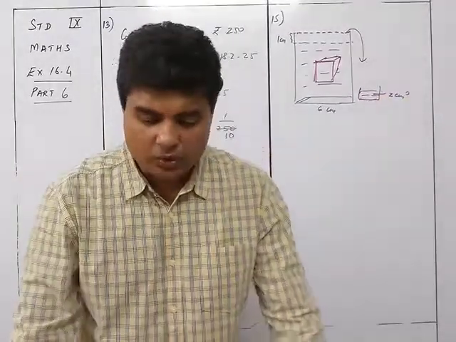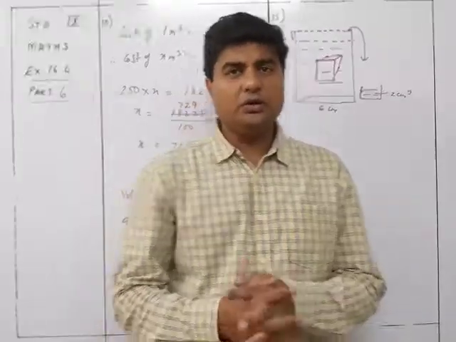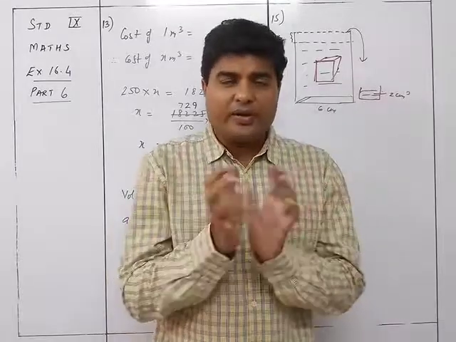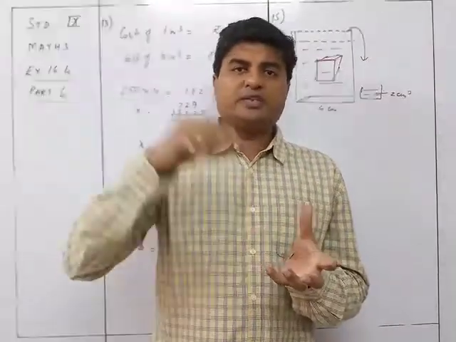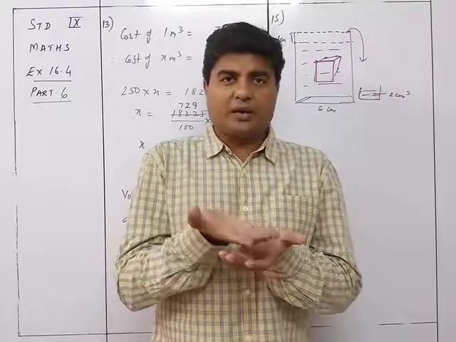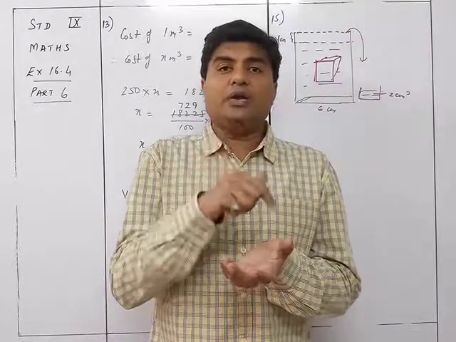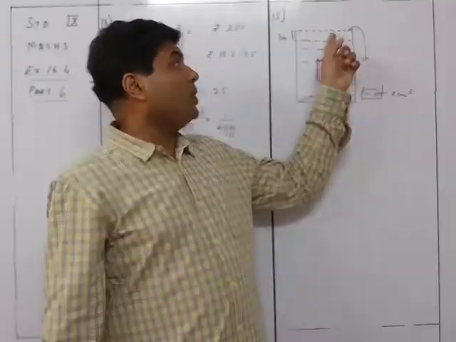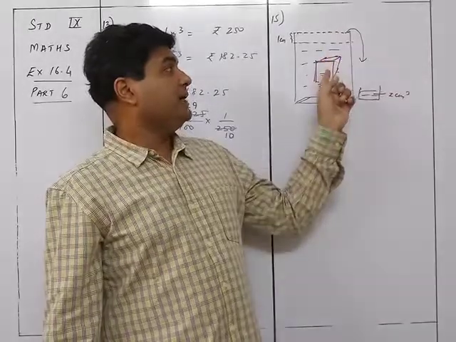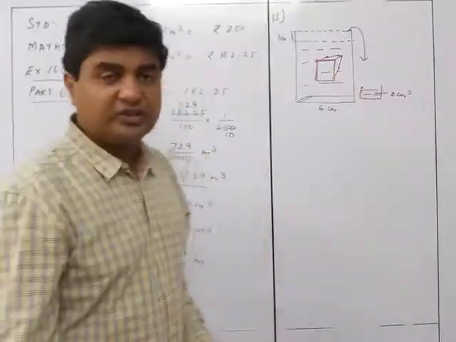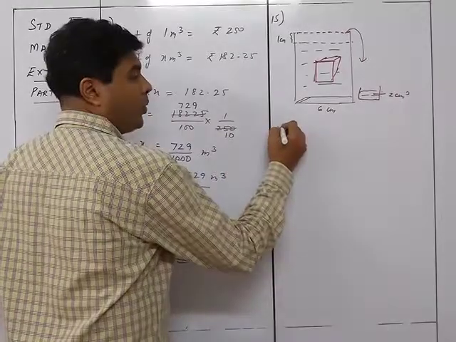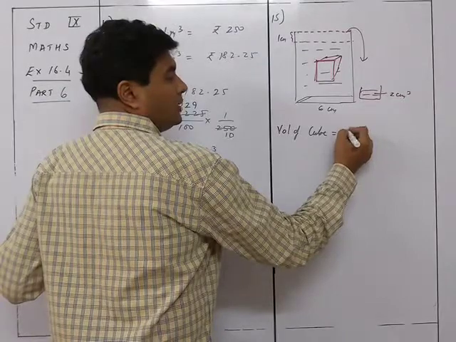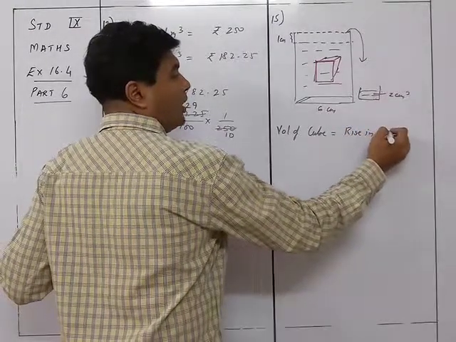See, this is something similar to Thirsty Crow. You know the story of Thirsty Crow? What happened in Thirsty Crow? The crow was thirsty and he wanted to drink water from a pot which had very little water. So what did he do? He put some stones inside. When he put the stones inside, the water level rose. What was the rise in water level? Equal to the volume of the stones. So here also, whatever is the rise in the water level over here is equal to the volume of the cube. So we first of all write over here that volume of cube is equal to rise in water